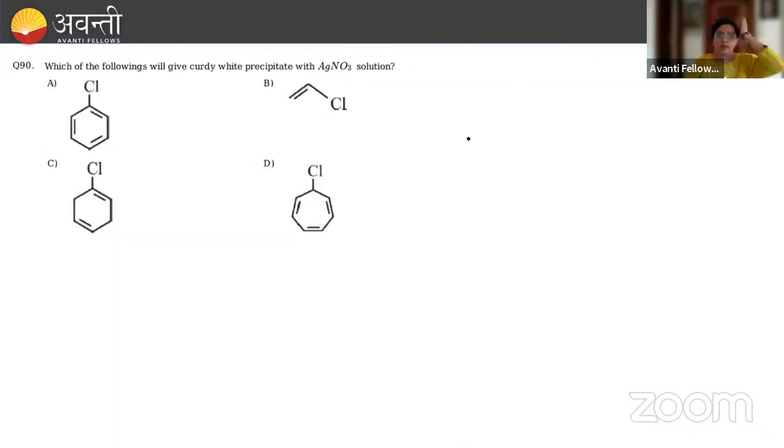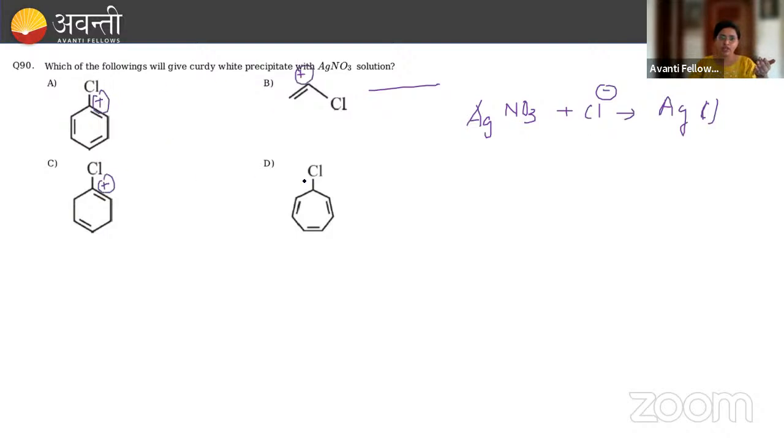Next, last question. Which of the following will give us the curdy white precipitate with AgNO3 solution? अभी curdy white precipitate देने के बाद जो भी curdy white precipitate देगा, मतलब AgNO3 will react with the chloride to give us AgCl. Okay, to give us the AgCl, whatever the Cl is present. अगर Cl हमको दिया जा रहा है तो जो भी काउंटर आयन होगा, यहाँ पे पॉजिटिव चार्ज आएगा, यहाँ पे पॉजिटिव चार्ज आएगा, यहाँ पे पॉजिटिव चार्ज आएगा और यहाँ पे पॉजिटिव चार्ज आएगा।